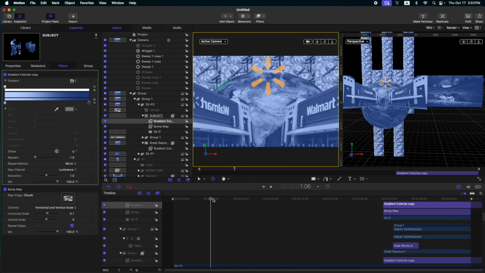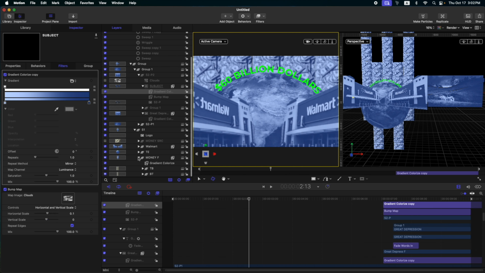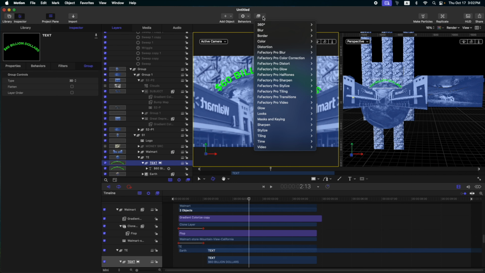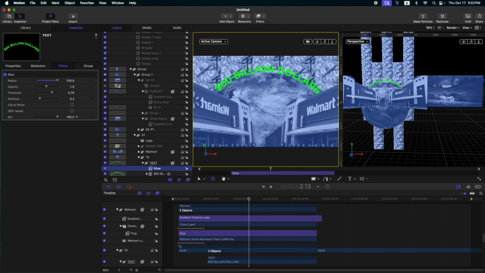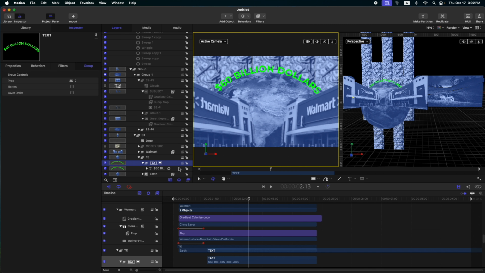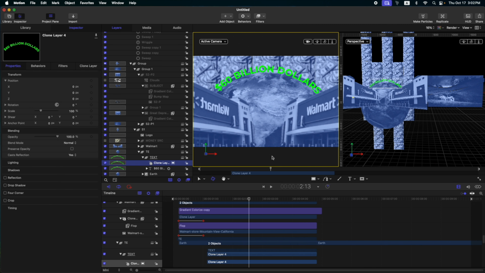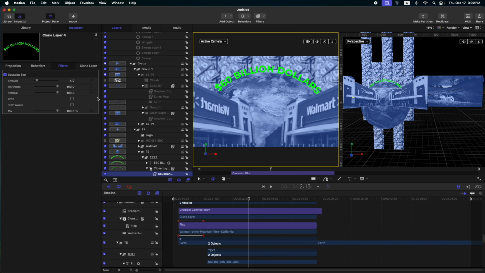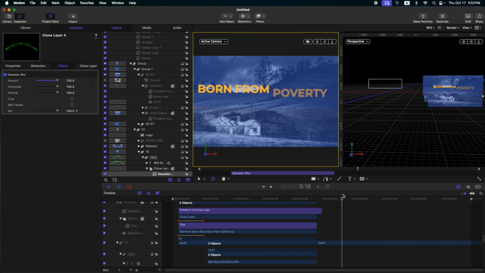Then I'm gonna go back to scene 1 and add some blur or glow to my text. So select my text, filter, glow, and glow. So this glow is not that enough, right? So let's delete that one. Let's clone this text, clone, and then put it below our main layer. Then go to filters, blur, and Gaussian blur. Then increase the blur amount, just like this. So let's do the same to our other text. So here on scene 2,